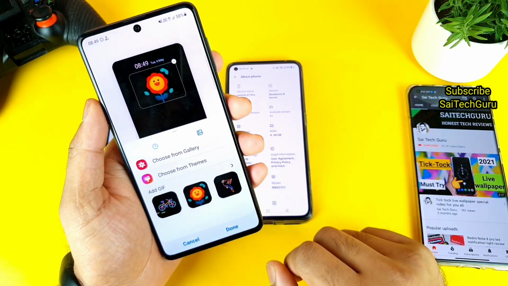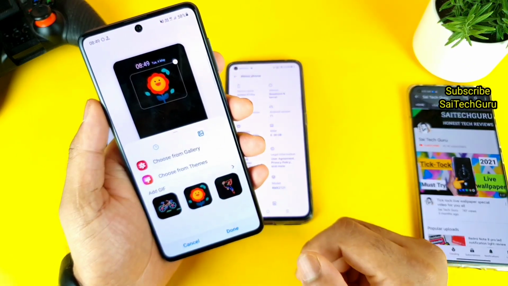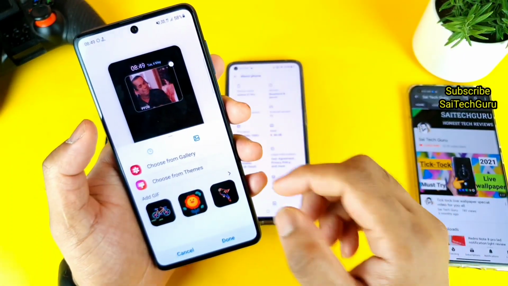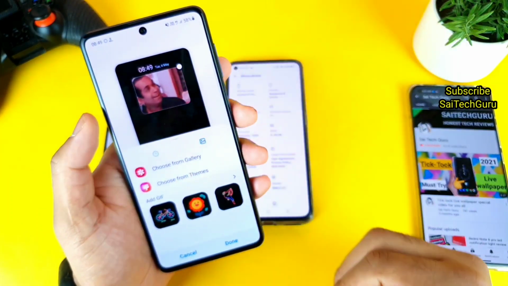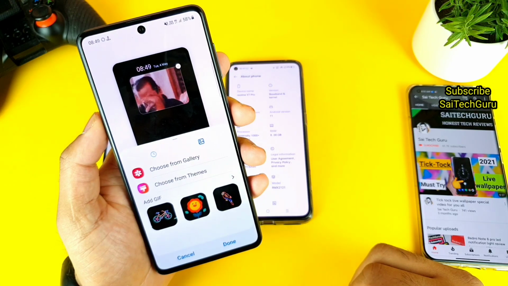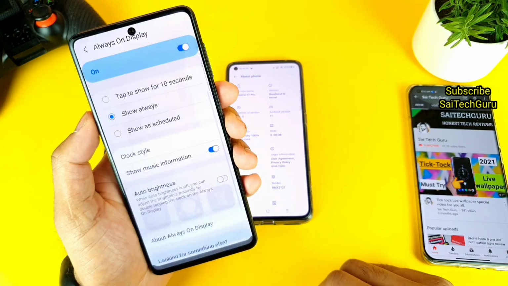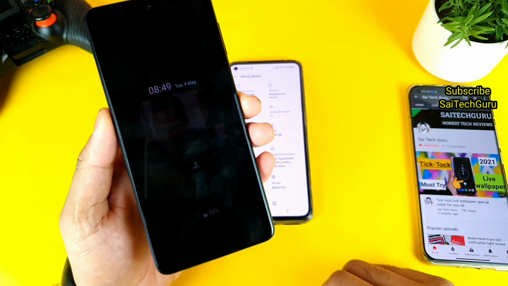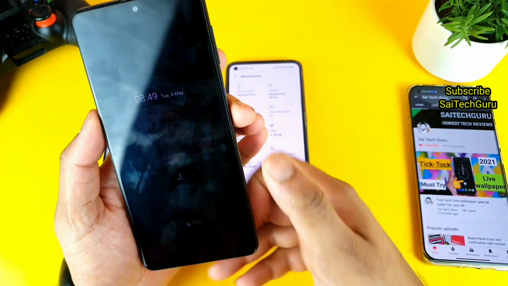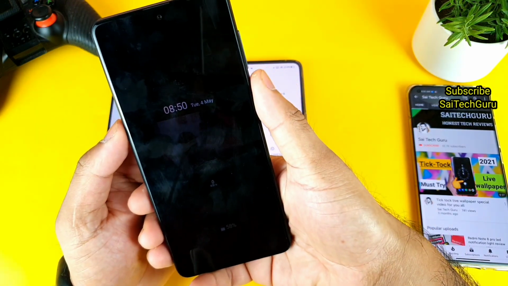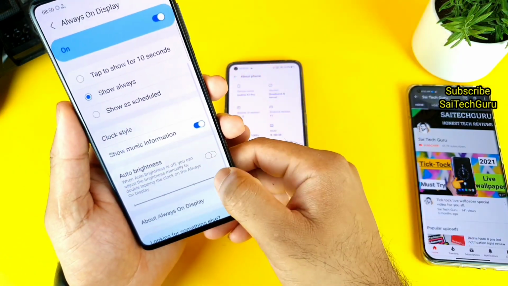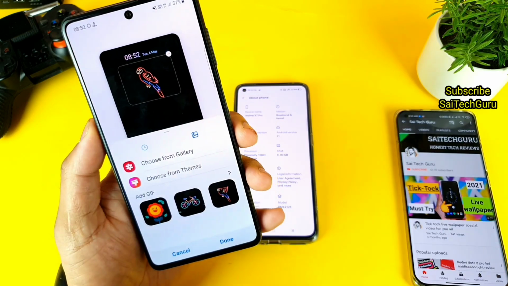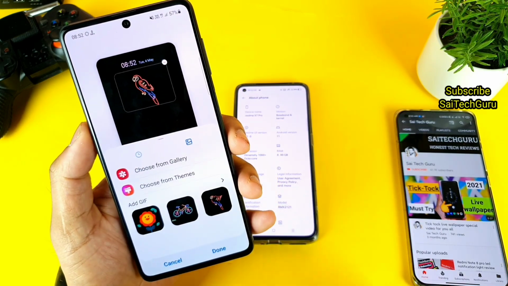That's what I love in this phone. You can choose from the gallery and add your own GIF image. So let me choose one of the GIF images here. As you can see, this is quite convenient. You can choose this kind of always on display, just click done, and it will be applied to the lock screen. As you can see, friends, right now you may not be able to see it in this kind of lighting, so let me quickly increase the brightness as well. In this way you will be able to add different GIF images from your downloaded gallery and even from the theme store as well.